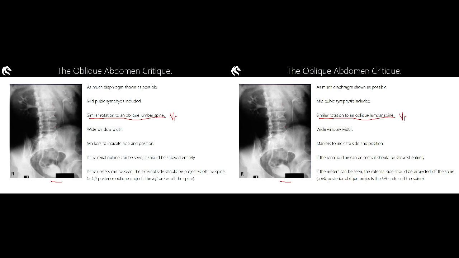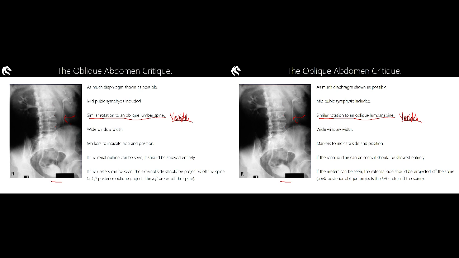That really is quite a variable value depending upon what you are trying to show. Now, on this oblique, for example, we have projected the patient's left ureter quite a distance off the spine. Fantastic. We can visualize that one well. Many times the oblique projection will be performed bilaterally because we want to see bilateral ureters or bilateral fallopian tubes or bilateral VUJ. Okay? Now, so what we have done here is in this patient in a left posterior oblique,